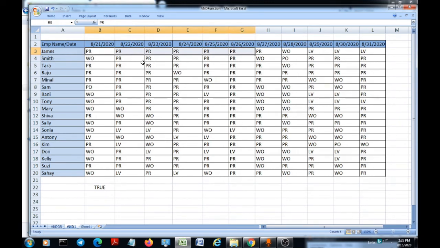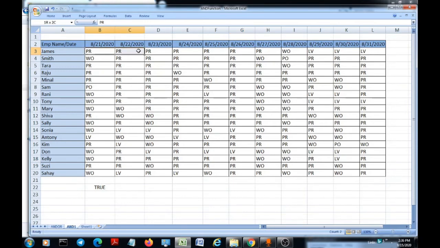So here is the attendance file. There can be mistakes when we are updating attendance manually into the tool. Even though one has not worked for 7 days, we may have ended up entering somebody's attendance as present consecutively for 7 days. So what we want to do is highlight the seventh day cell. If the remaining six entries are present and the seventh entry is also present, then the seventh entry should be highlighted. These are the conditions we are looking for.